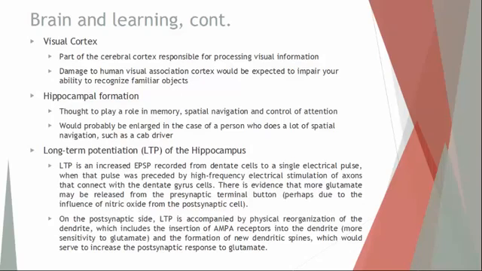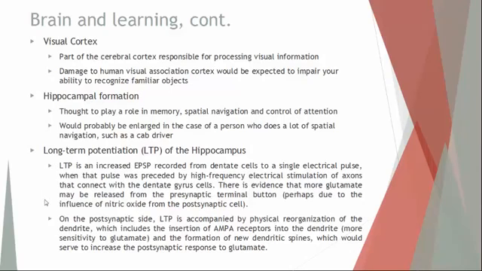Okay, on the postsynaptic side, this long-term potentiation is accompanied by physical reorganization of the dendrite. So this will include insertion of a certain type of receptor called AMPA into the dendrite, which makes it more sensitive to glutamate, and the forming of new dendritic spines, which would increase the areas to respond to glutamate. So you're making it more sensitive to glutamate, and you're creating more extensions, more surface area to be able to receive glutamate. So the bottom line is, for both of these points, the longer that you practice a mental skill, the better you will get at it, and the faster your brain is able to process it. So this is a very detailed and complex explanation of that process and exactly how it happens.